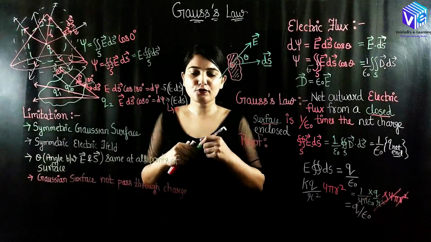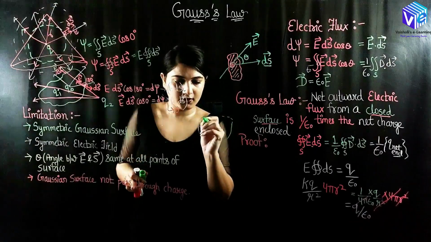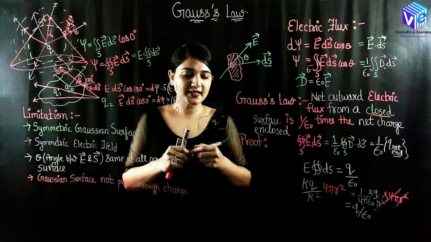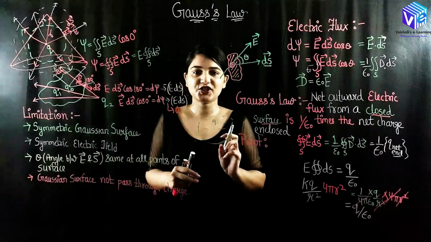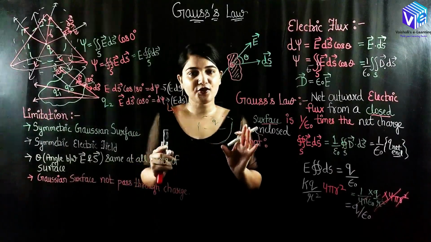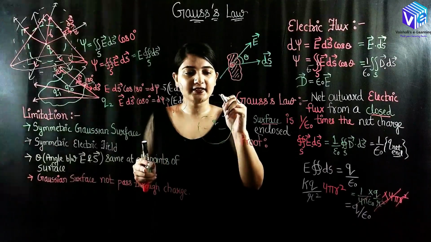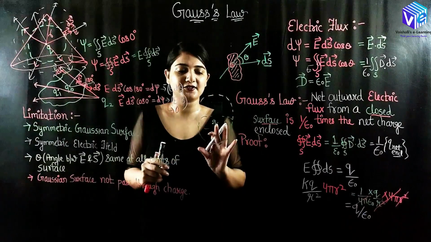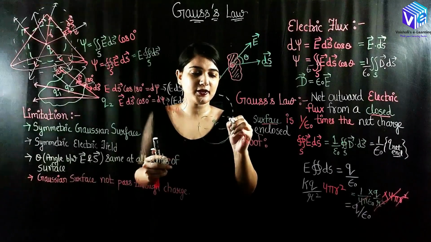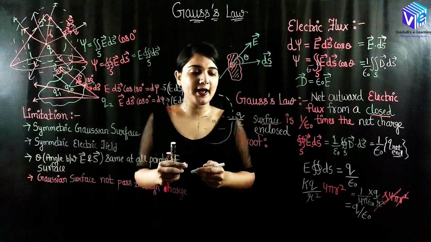Now I will give you a quick example. Here we have a half sphere, and at the surface of the half sphere I have the charge Q. Now I have to find the electric flux due to this half sphere. First of all, I should have a closed surface. This is not closed, so I will consider a full sphere instead of a half sphere. If I consider the full sphere, the electric flux will be equal to 1 upon epsilon times the charge enclosed, that is Q only. So Q upon epsilon naught.